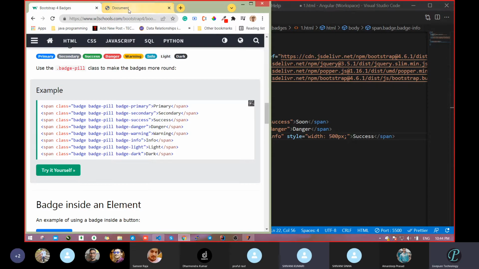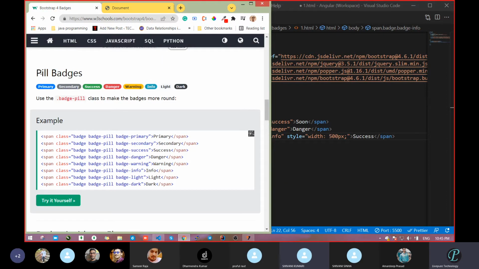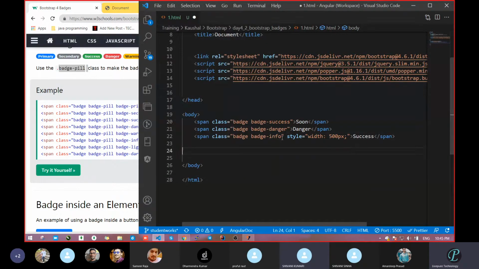Now see what difference you get in this case. It looks like both sides are not rounded. With the help of the badge pills class, it will come like a pill, a tablet. So pass the class badge pills instead of border radius.